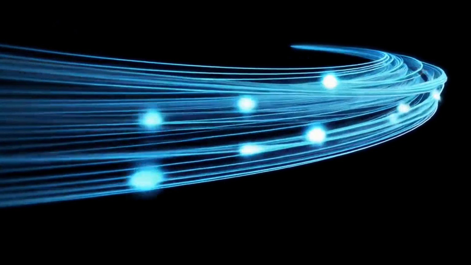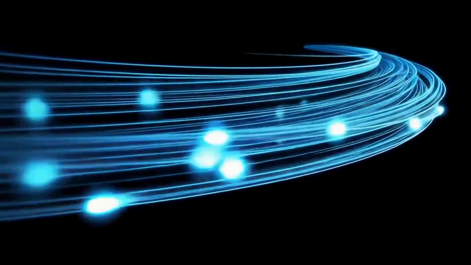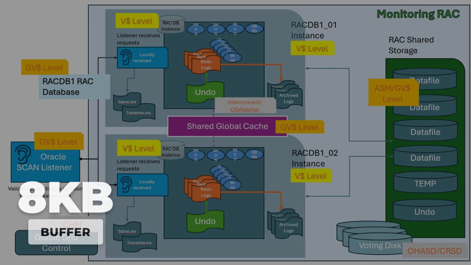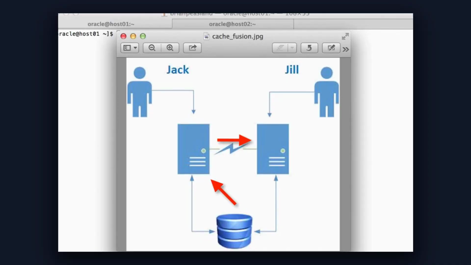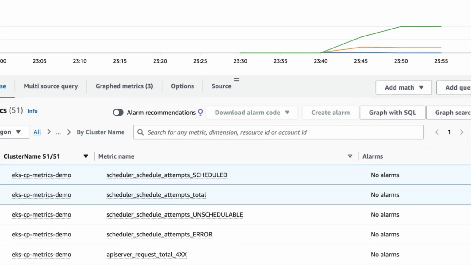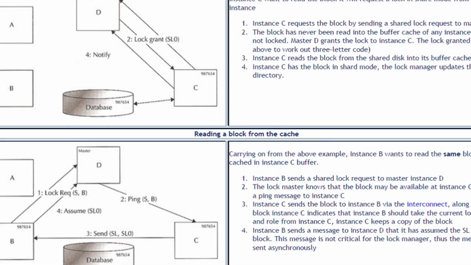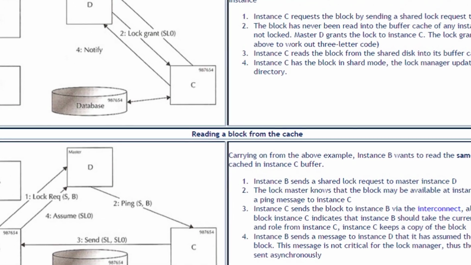null. The block, now frozen and ready for transfer, is sent directly over the cluster interconnect as a Cache Fusion buffer, typically an 8 kilobyte payload. The receiving instance installs the block in its buffer cache in exclusive mode, ready for updates. The GCS records the new ownership, and if any other nodes hold past images for recovery, those are tracked as